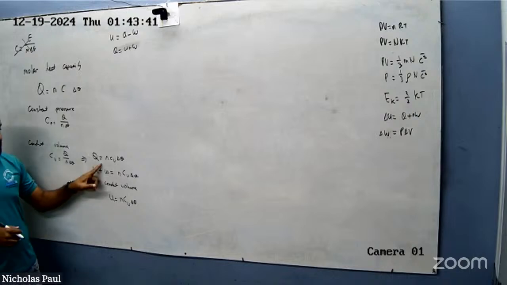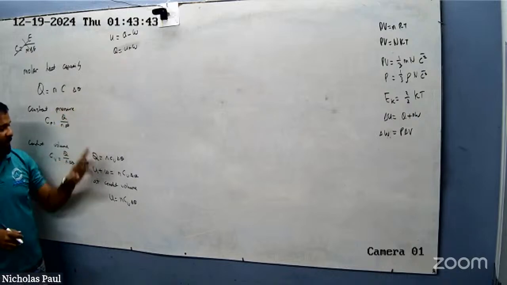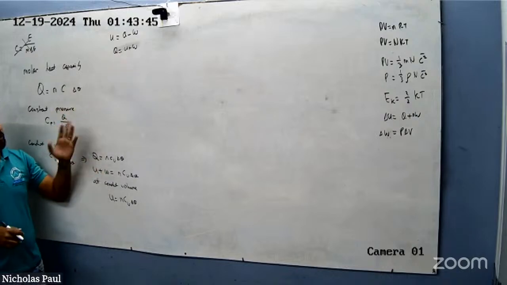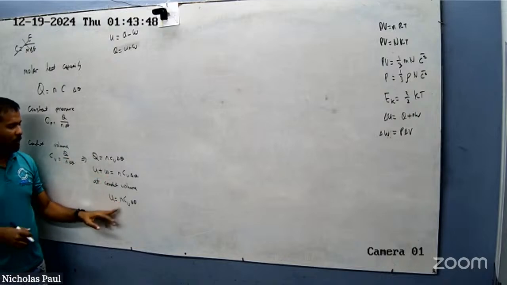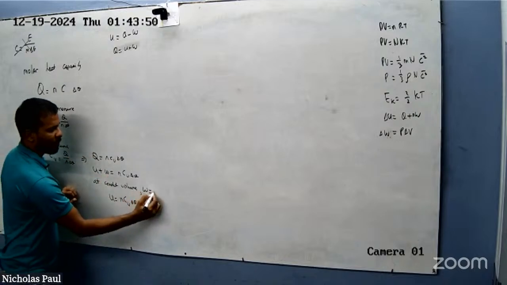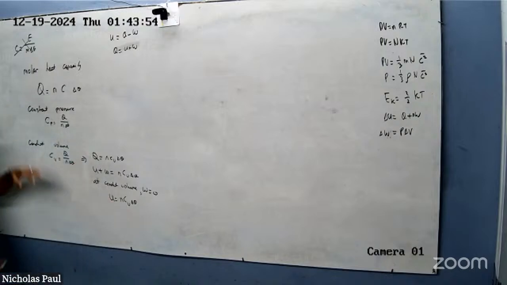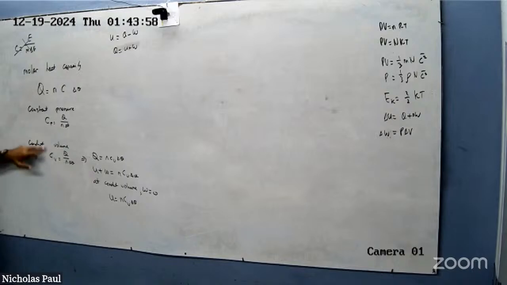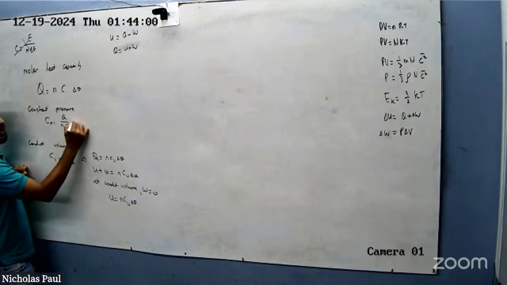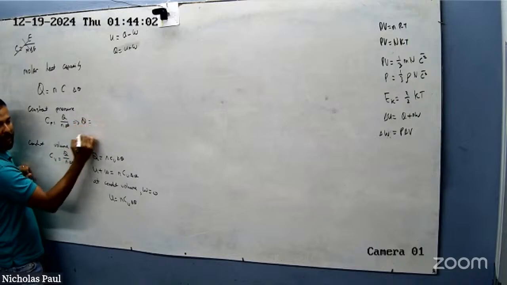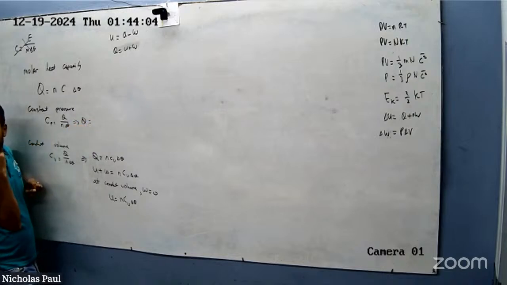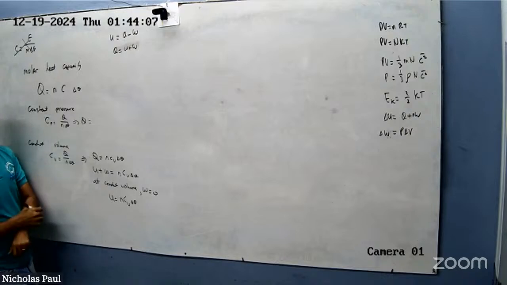Okay, remember this? Q is equal to U plus W, and W is 0. So we know that U is equal to this. What I'm doing here is trying to link these two. If I make Q the subject of the formula here, Q is equal to